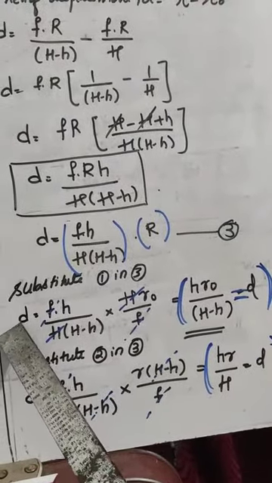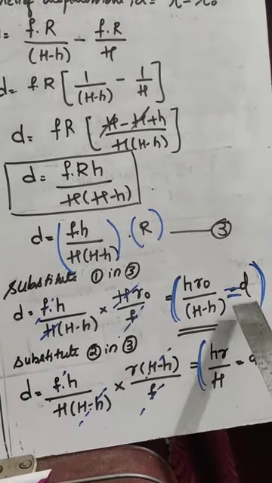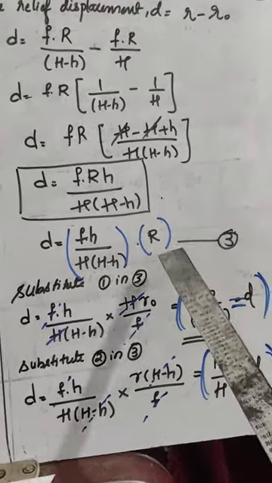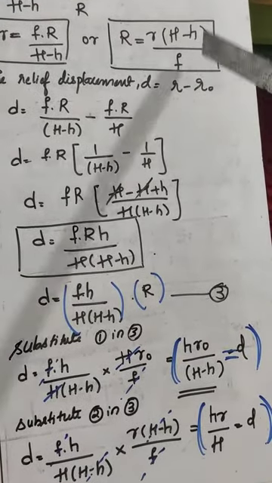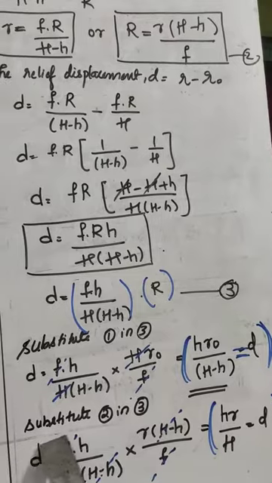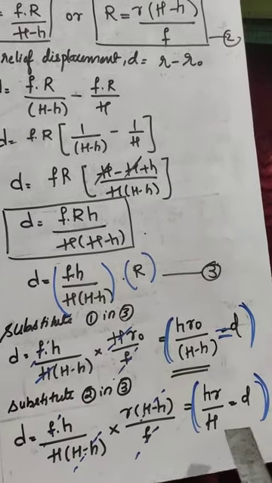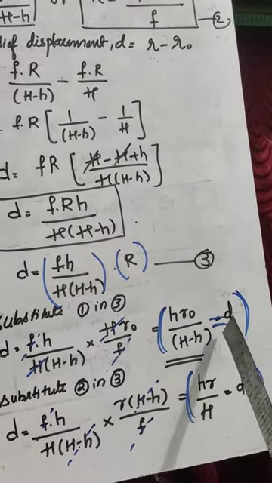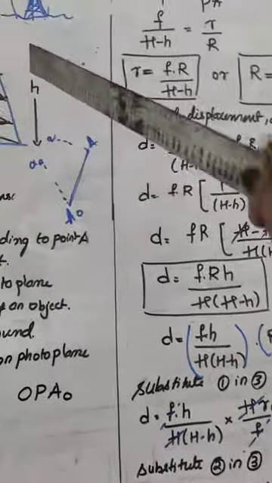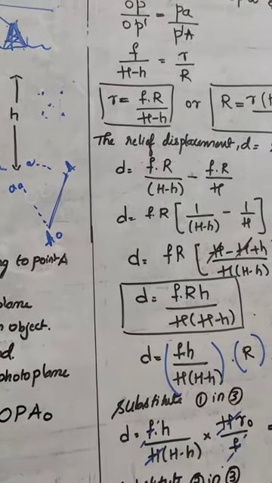Instead of writing this D here itself, I have just written it here for understanding the equation. Similarly, for this equation, we are substituting this value, that is the equation 2 value. Substitute equation 2 in equation 3, that is this portion. When you substitute, this is the final equation. So whatever you got now, the first one, that is for this portion, right,